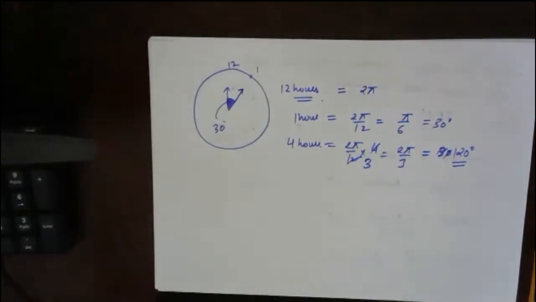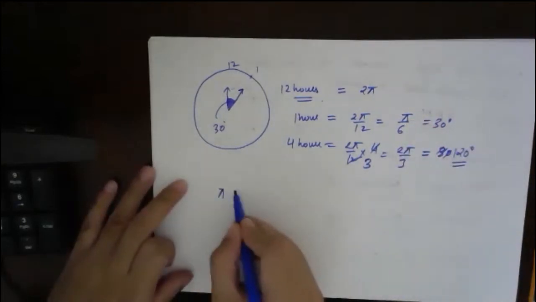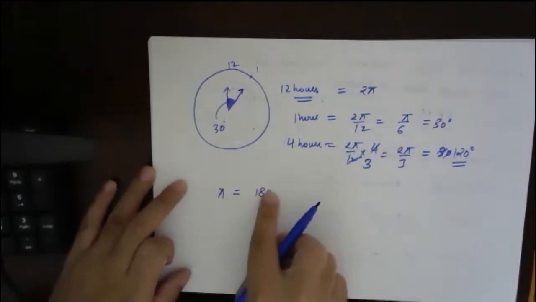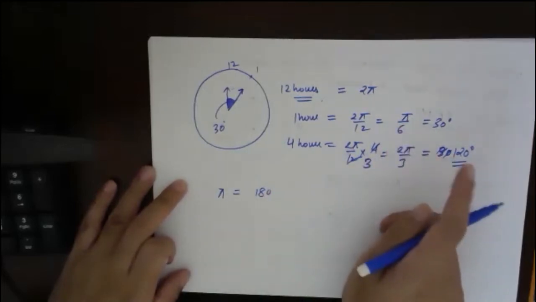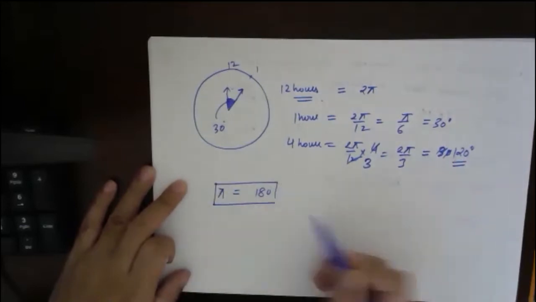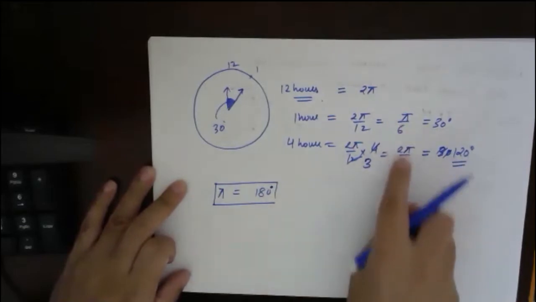Understood? Fine. Okay. Samhita, how do you want me to do this in another way? Pi is what? Pi is equal to 180 degrees. So simply instead of pi I have substituted 180. Pi radian is equal to 180 degrees, right? So wherever I have pi, I'm simply substituting pi as 180.